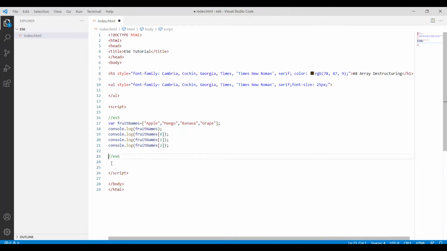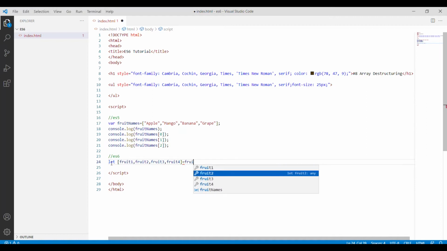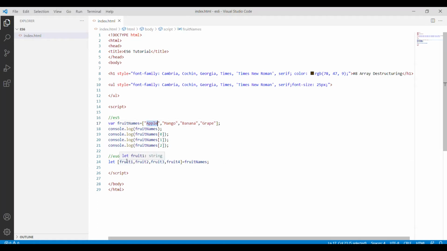We will say let, and here I will specify the variable names, let's say fruit1, fruit2, fruit3, fruit4, and I will assign fruit names. So what will happen is this value will be assigned to this, and this order will be maintained with these variable names.